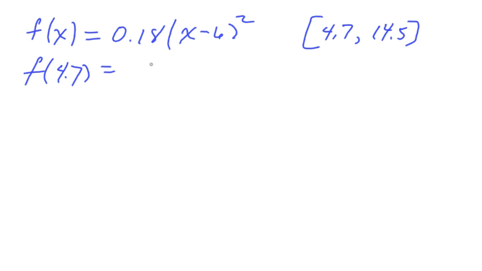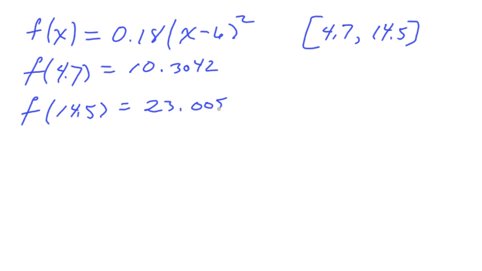Now I'm going to save a little bit of time here. I'm going to let you go ahead and plug it in, but I'll tell you what you should get when you do this. You should get 10.3042 if you plug 4.7 in, and then if we plug in f of 14.5, you should get 23.005. Now the next thing that we need to do is go ahead and take the derivative of this, because